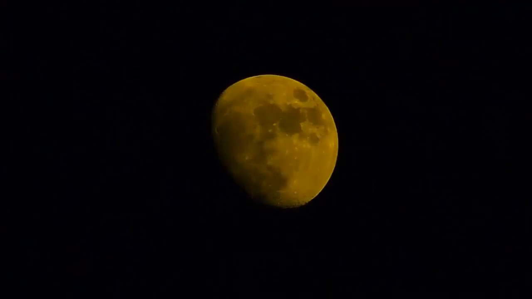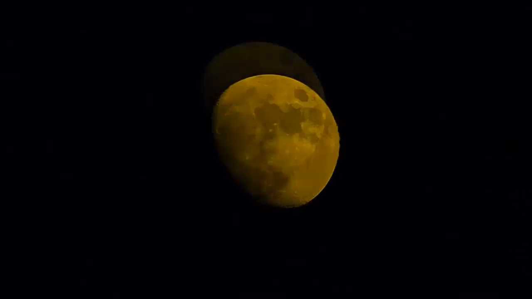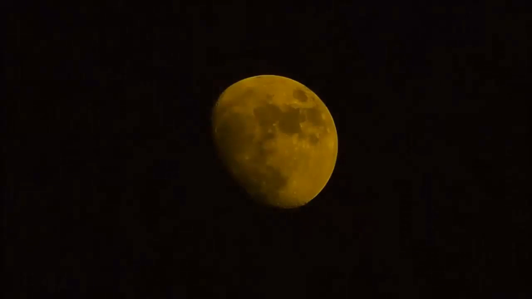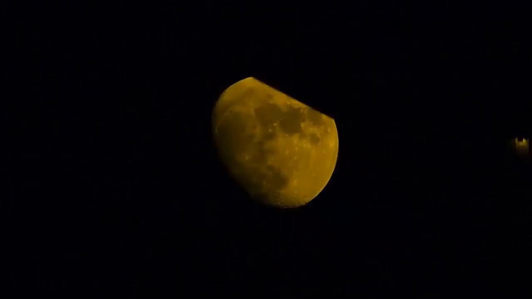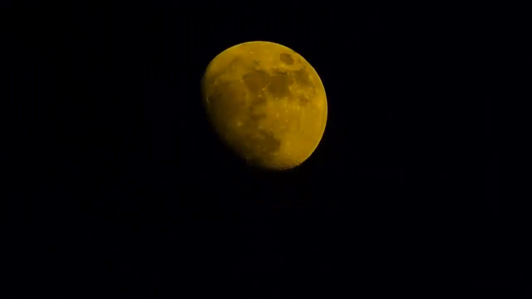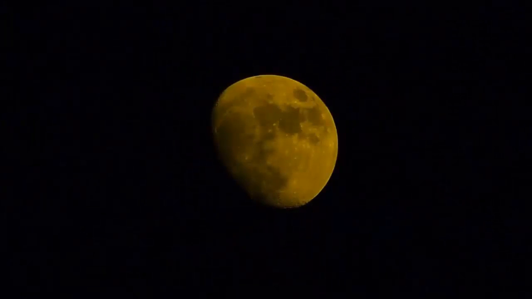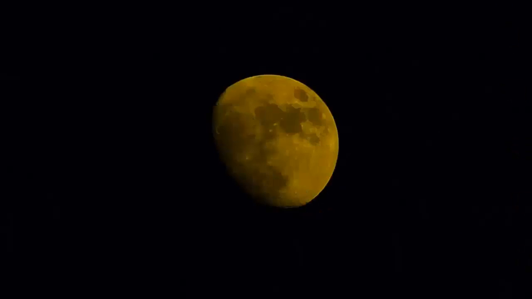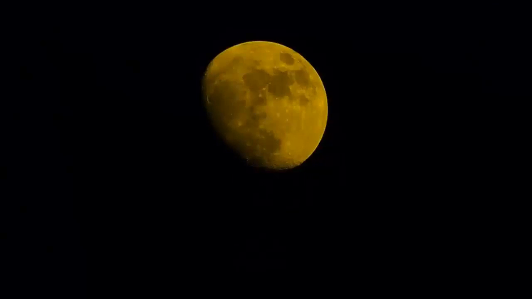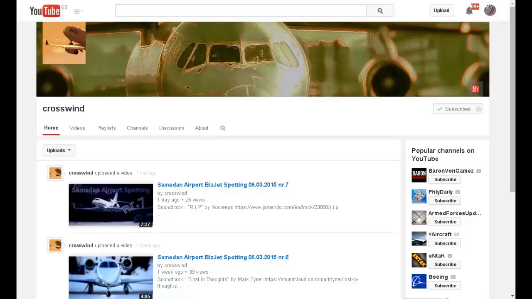Now in this final clip we just get a quick view of the apparent lunar wave as the clip is merged into the next one. Let's look at that again. You can just see before the video fades into the next clip the lunar wave starting before it's faded out. Let's look at that one more time. I'll put a link in the description area to Crosswind's video and you can check it out for yourself.